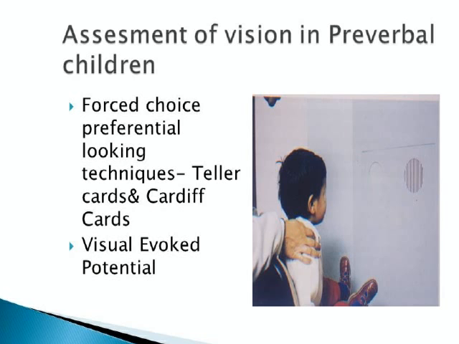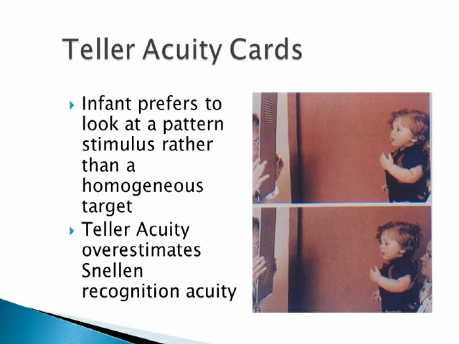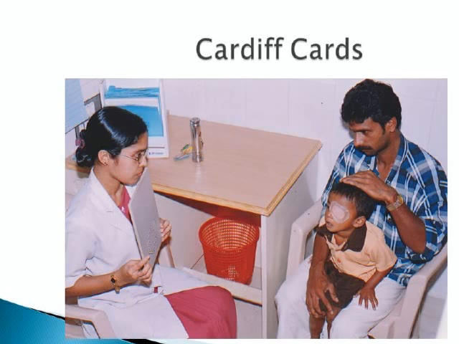And to assess the vision in a better way, we have the preferential looking cards. These are the Teller cards, which are shown to the child, and by looking at the eye movement, you can assess whether the child is looking at that or not. In whatever way you are taking the vision, it's important to occlude one eye. The closure of one eye with the hand is not permissible. You apply a patch like this and ask the child to look at the cards.